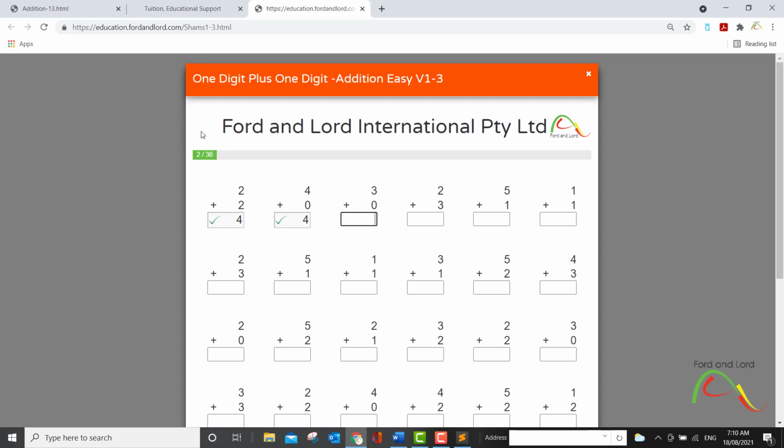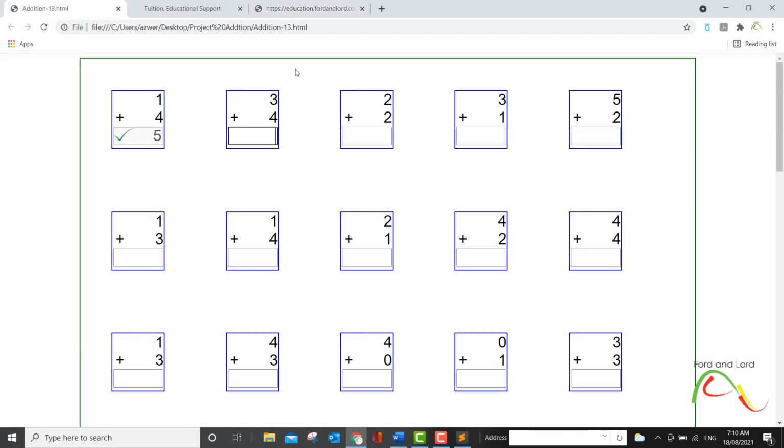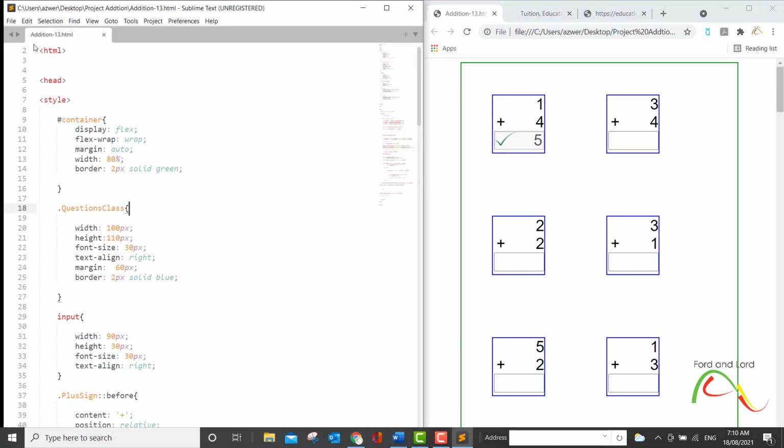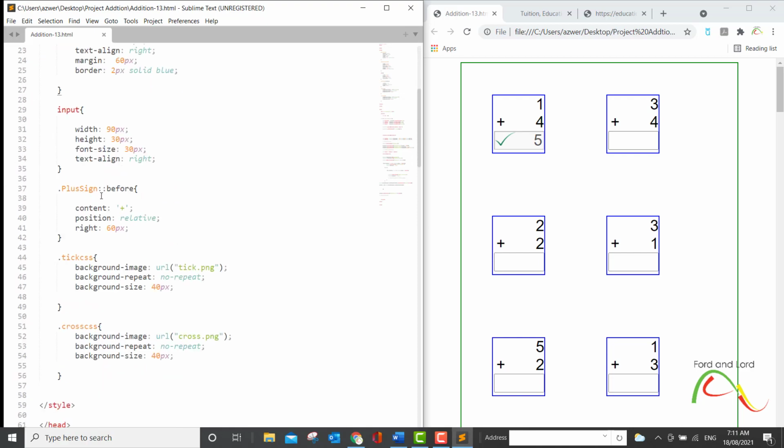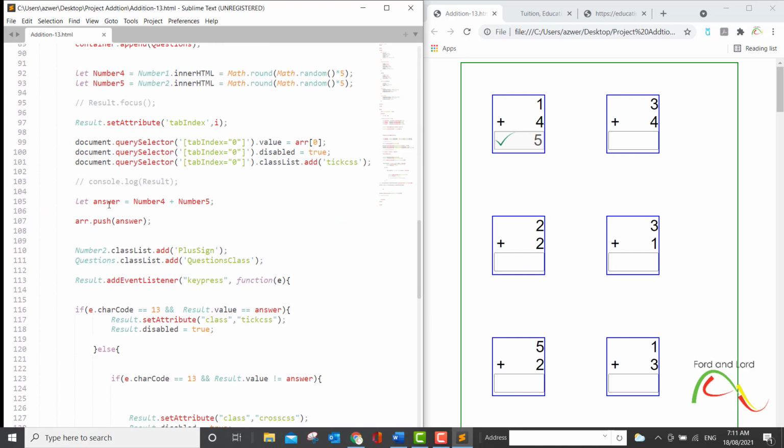However, I am going to show you how to display the results on top of this page. So the video will make sense if you watch all the videos in this series. There's 13 of them total, and I will resize the browser. I'll change the size of my browser, and this is the text editor that I have been using, Sublime Text Editor. You can use any text editor that you want, and this is our CSS, HTML, and JavaScript that we